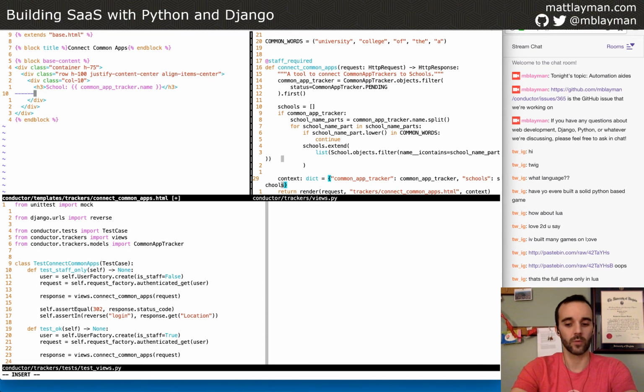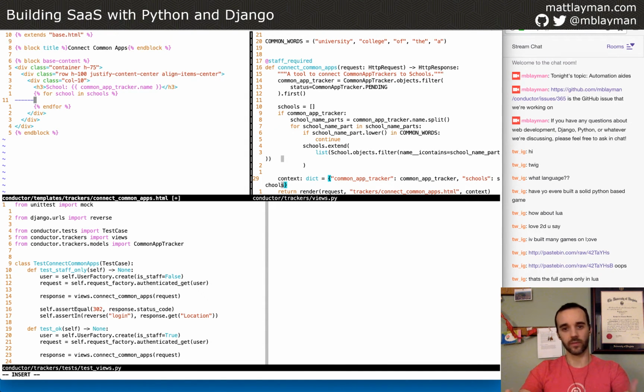actual tool, we want to loop through those schools. So we're going to do a for loop and say for school in schools, and this is Django template syntax, which is kind of embedded Python in the HTML.